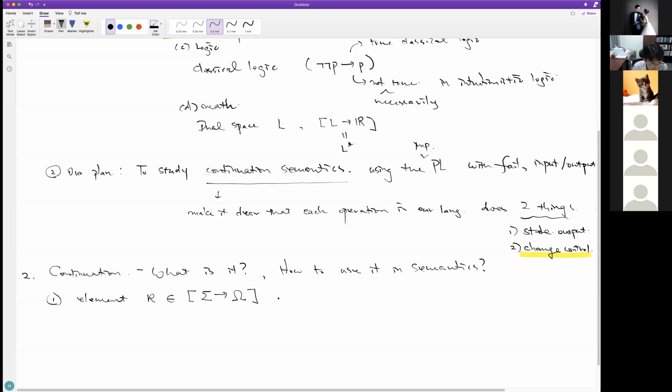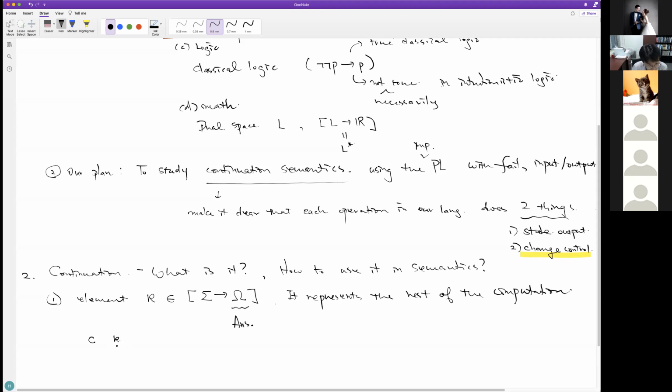What it represents is the rest of the computation. It happens that we are using omega, but some people use a set called answer. What this kappa does is that if we are given a command, often we're given a continuation kappa implicitly.